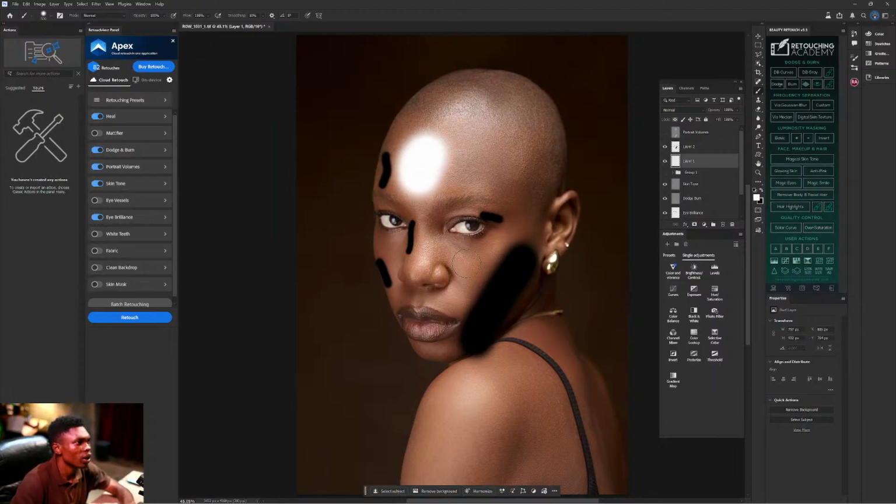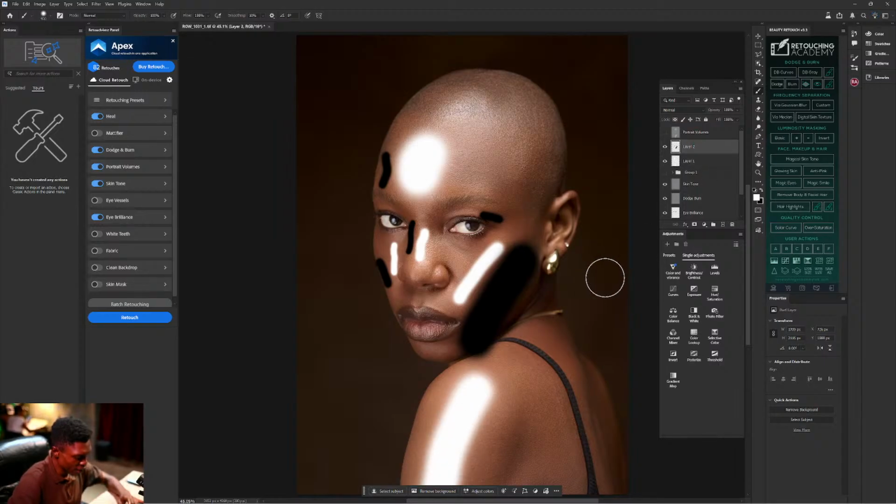Let me do this one, because even they feel it's too much. I draw one here, draw a small one here. Now, okay, let me do her shoulder. Go back to black. Reduce this one a bit. You see how this thing is now? I painted in the wrong place.